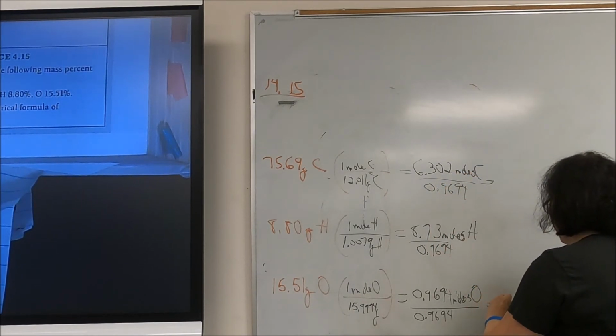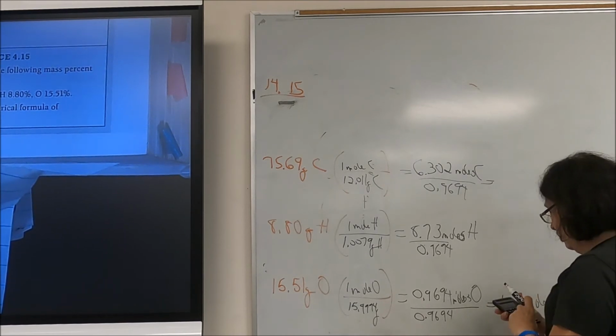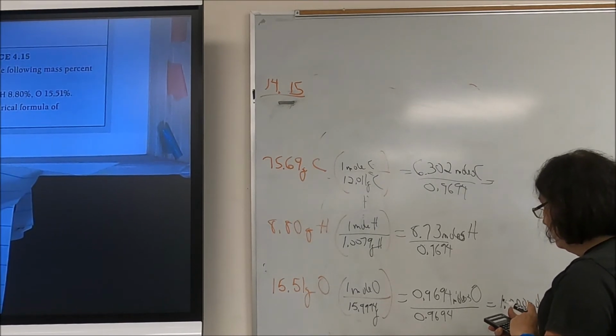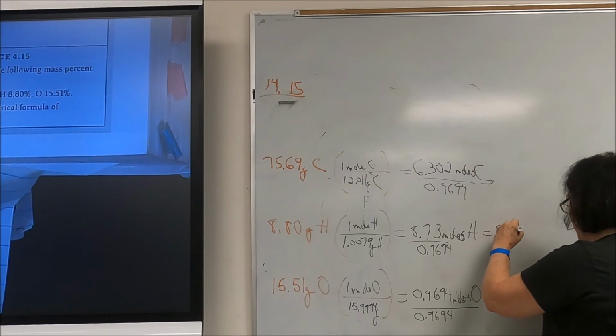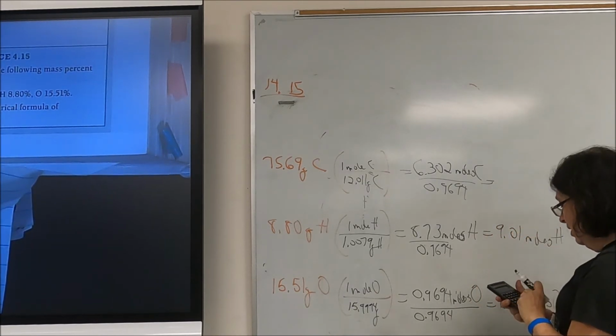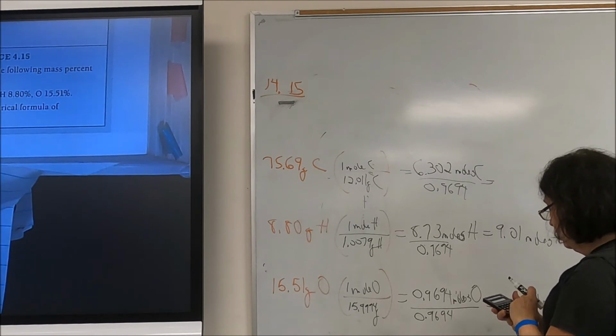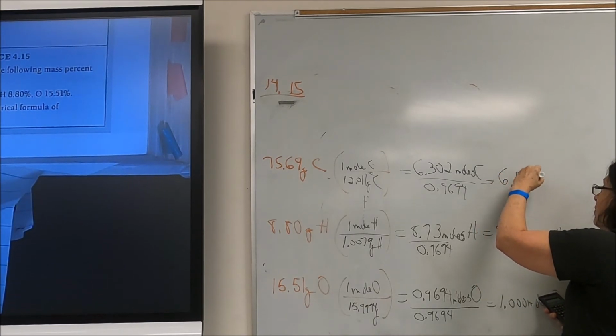On the bottom here, I get 1.000 moles of oxygen. 8.73 divided by 0.9694 gives me 9.01 moles of hydrogen, and 6.302 divided by 0.9694 gives me 6.5